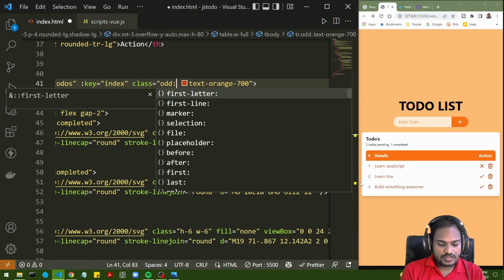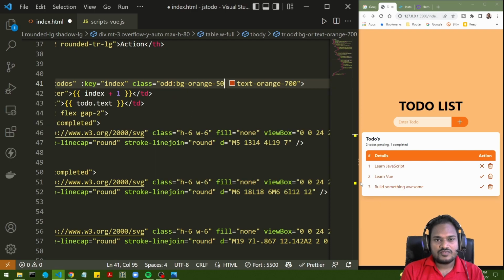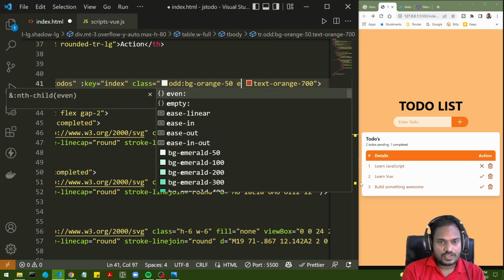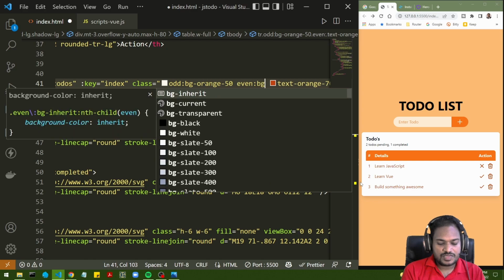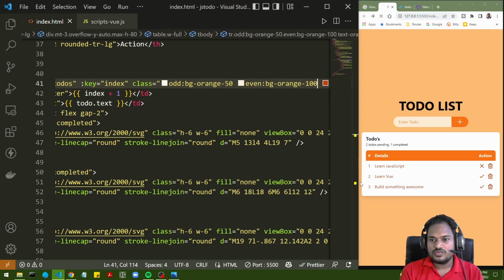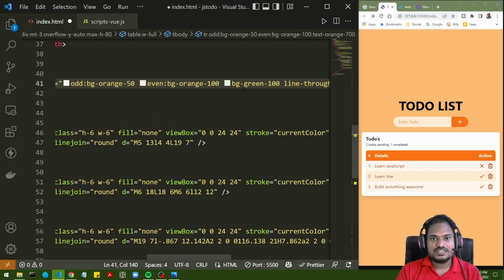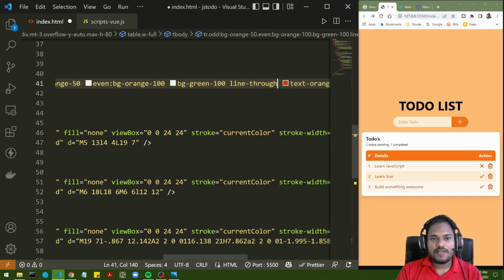So odd bg orange, I think it was 50, and for even it was bg orange 100. Okay, so these were the two colors. So now you see I get that alternating colors for my table. Perfect. And here I also need this style that I just removed, but it will be only applicable for the